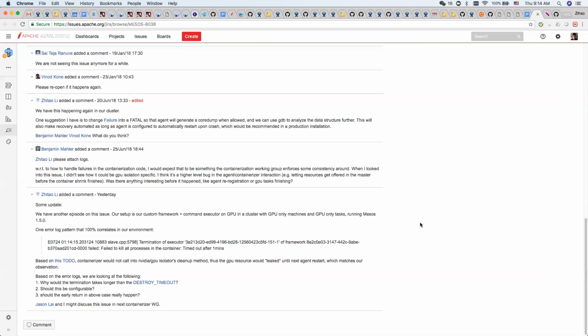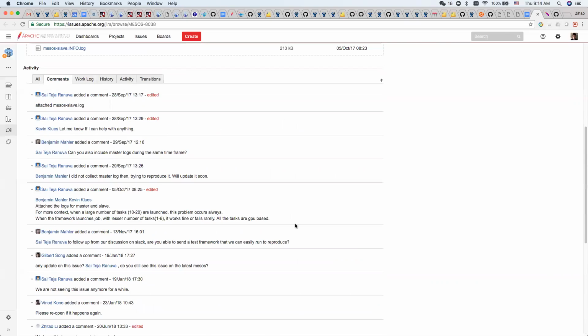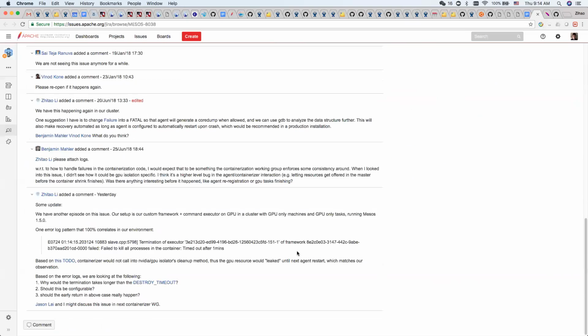What version are you guys using? So it is Mesos 1.4, right? Oh, we are running 1.5. This machine is running 1.5. Okay, so